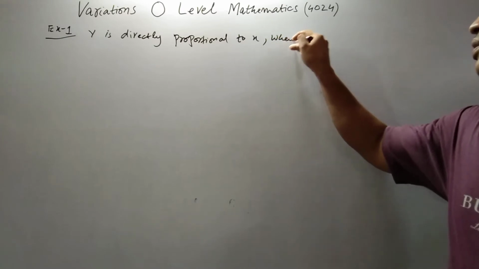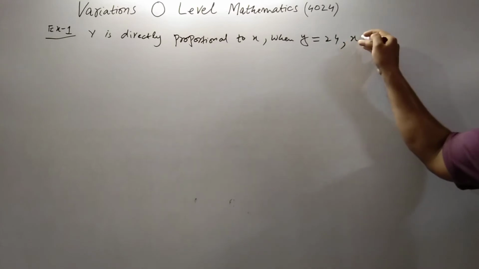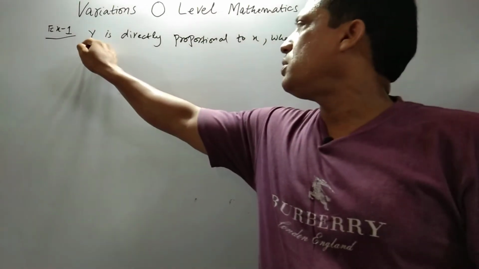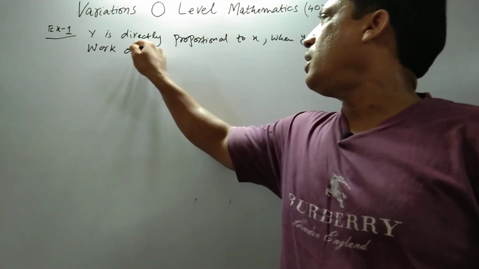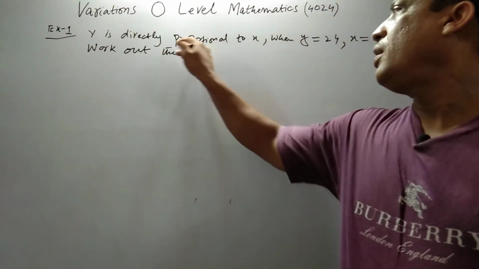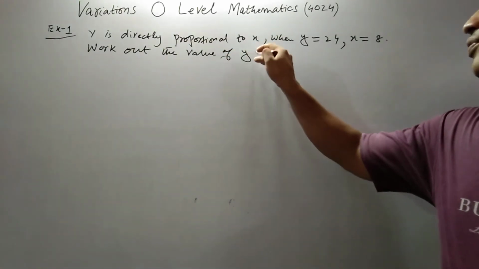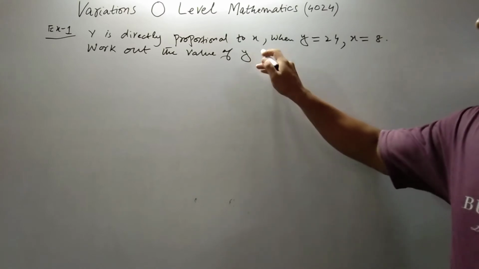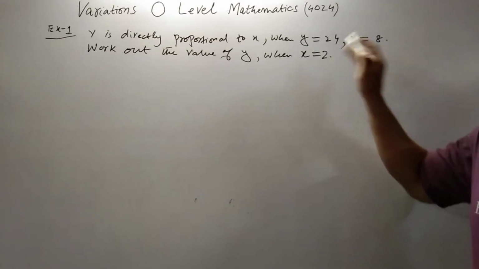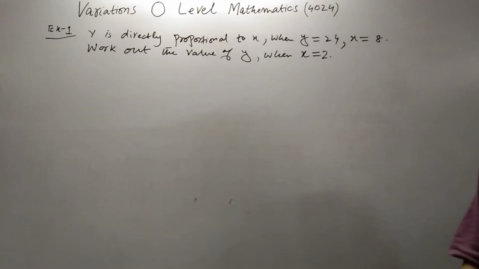When y equals 24, x equals 8. The question is, work out the value of y when x is equals to 2. This is our question. So the solution is,